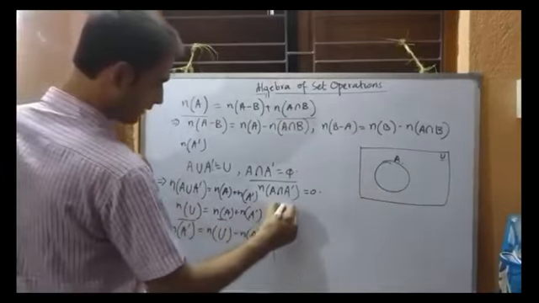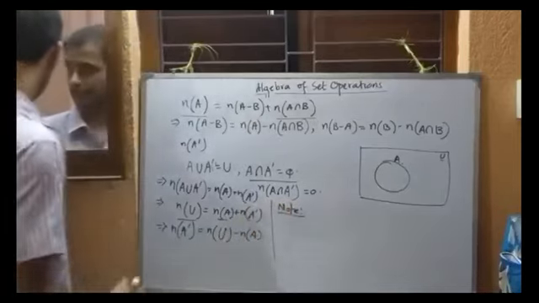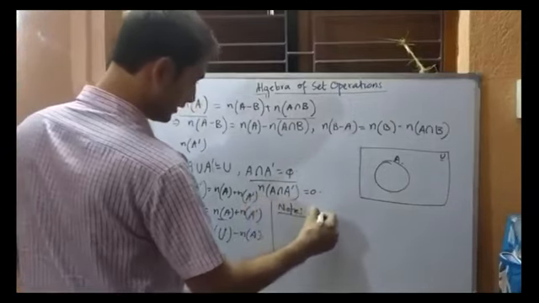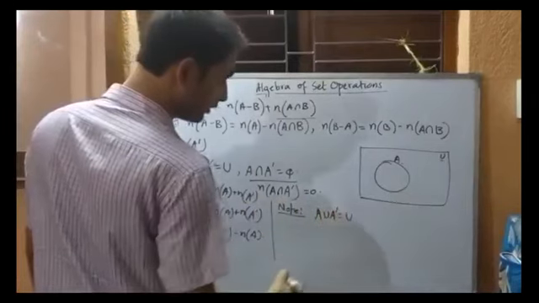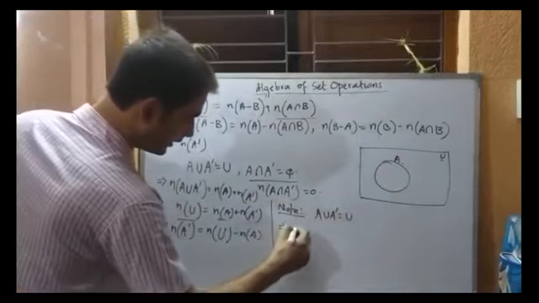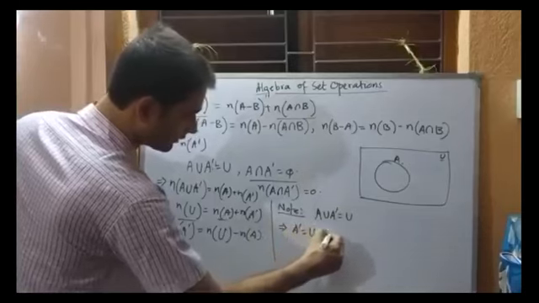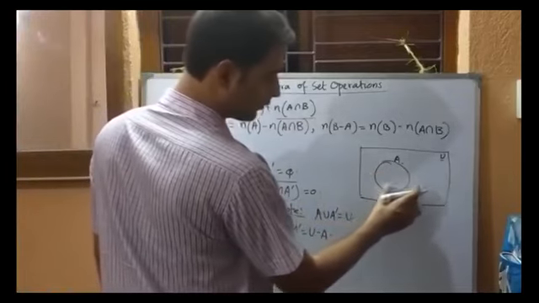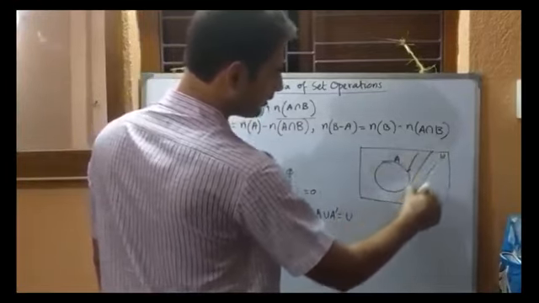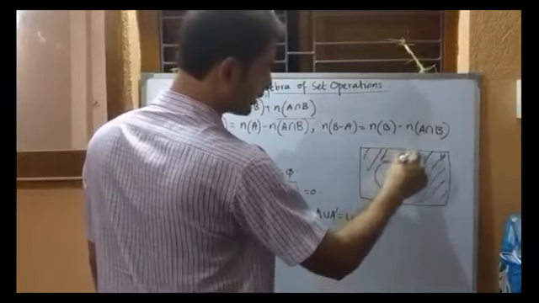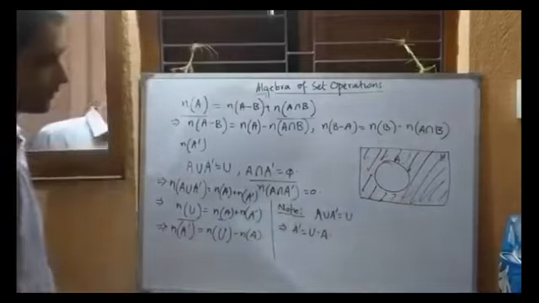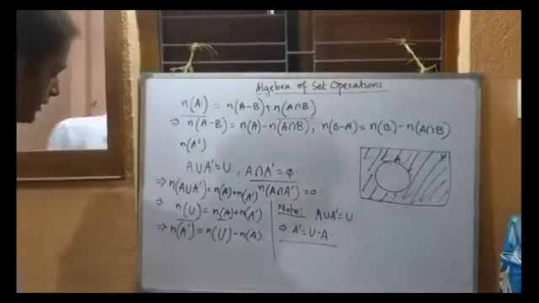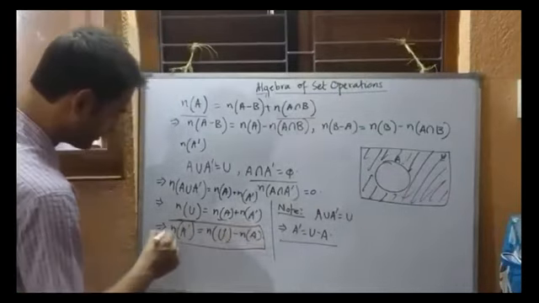Okay, note here another thing, that this difference has another alternative definition that says, since A union A complement is U, we can say that A complement is nothing but U difference A. See, if you subtract the part of A from the universal set, it will remain only the A complement part. So that's how we can say this equality. So this is the formula for n of A complement.